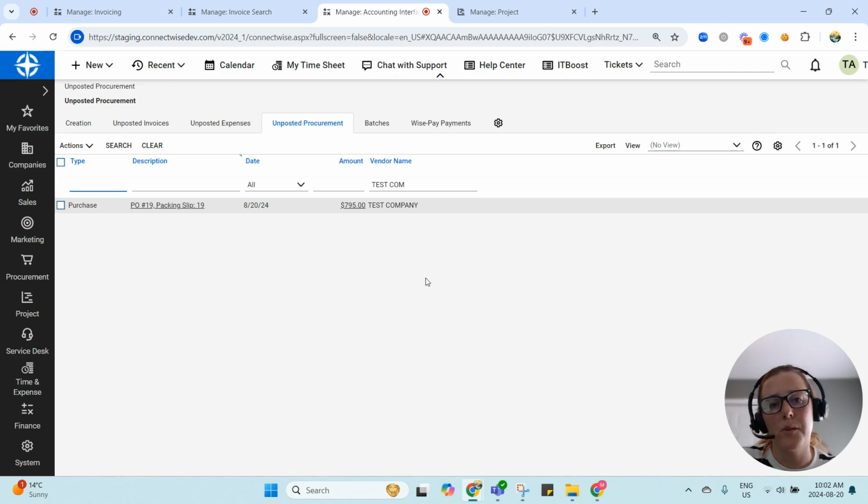The items are gone from the purchasing approval screen because we approved them. They're gone from the purchasing screen because we did purchase them retroactively. They are not in the accounting interface because we removed the record from the accounting interface. The last place that we do need to take a look at is the shipping screen, which I will cover